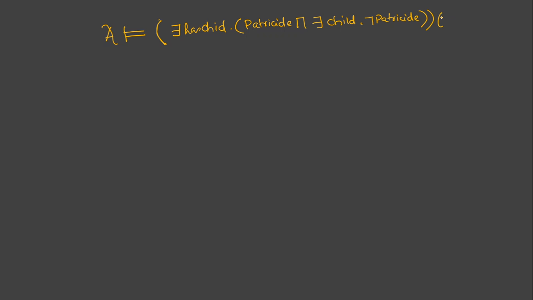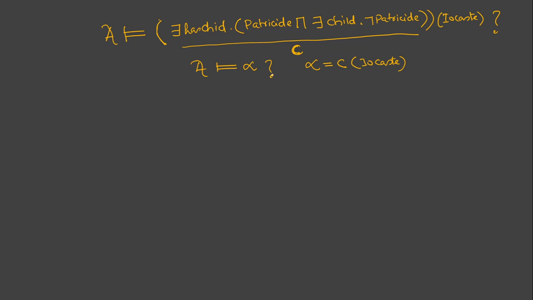And we want to ask whether Iocasta is a member of this particular class, right? So if we assume this to be C, we are trying to see whether A entails alpha, where alpha is C of Iocasta. So this is what we are going to ask,